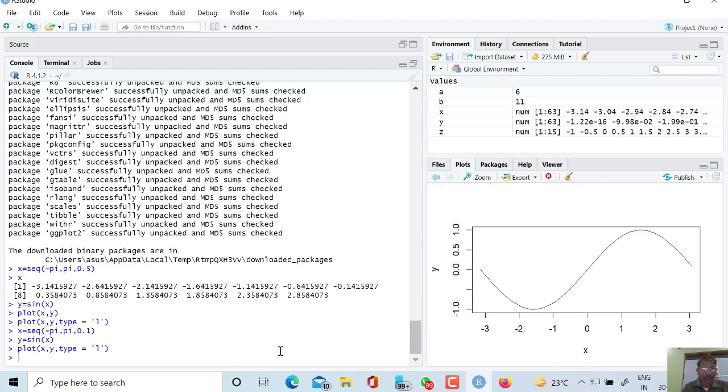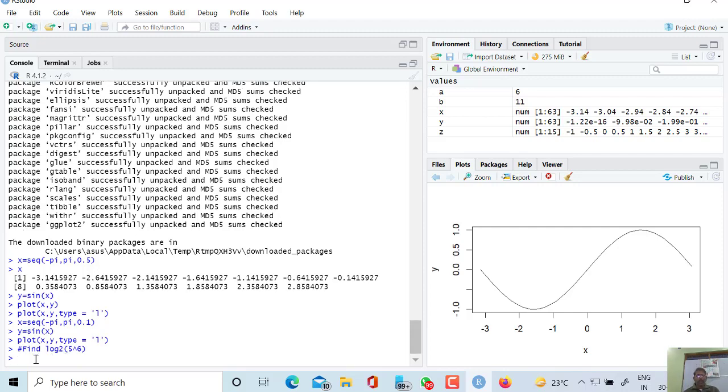My question is: find log base 2 of 5 to the power 6. This is the assignment, and I am sending the assignment in your WhatsApp group here.